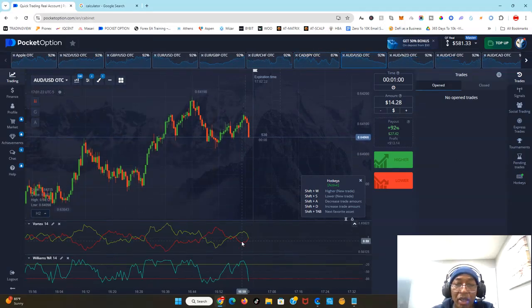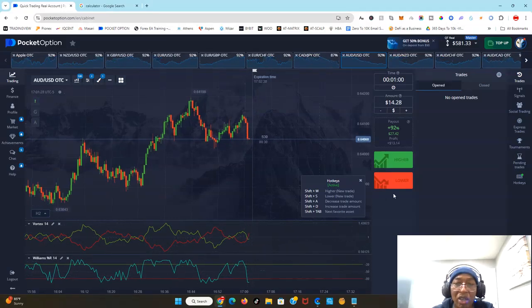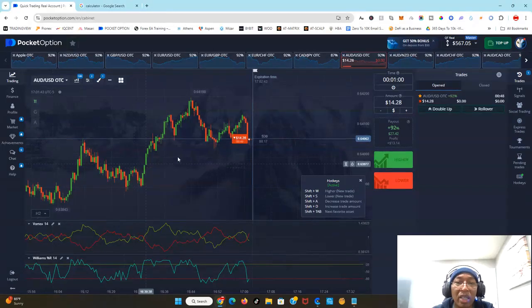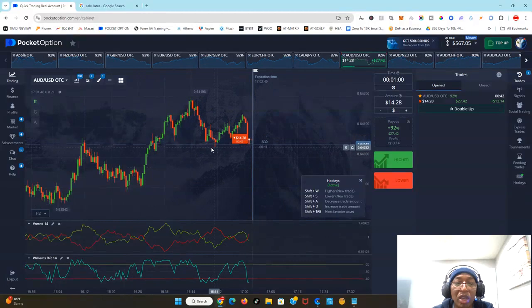Okay, so now here there's a pair that shows a strong downward trend. Here you can see that's a downward trend, and we're going to go down. And we are hoping that it will continue going down, okay? Even though it looks like there's a support here. You guys can see there's a support here. It has tried to break through this and it was unable. But I see very strong sellers. William shows it's a strong selling, and the Vortex also shows a strong selling.